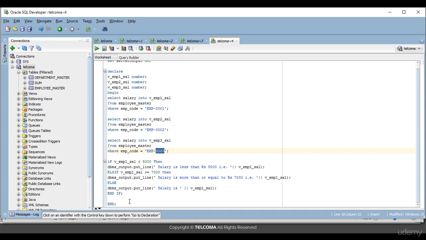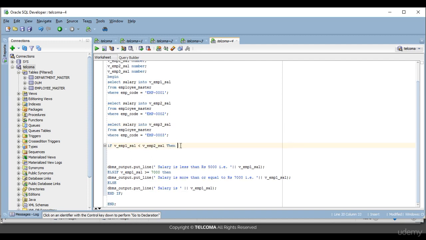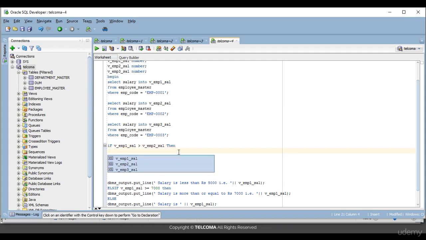Now I'll change these if statements. I'll compare who has the highest salary. So if emp1 sal is greater than emp2 sal, then, now I've compared the salary of the first with the salary of the second one. Then I'll check whether the salary of the second one is greater than the salary of the third one. Now this is one if. I am using another if inside this if: if emp2 sal is greater than emp3 sal, then